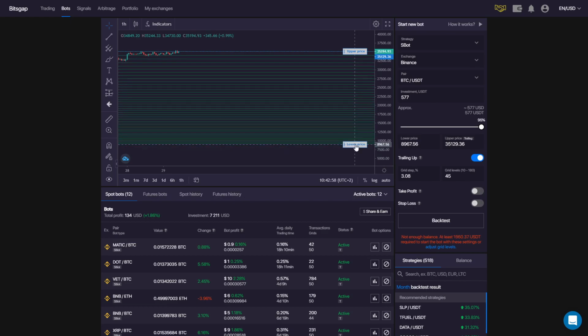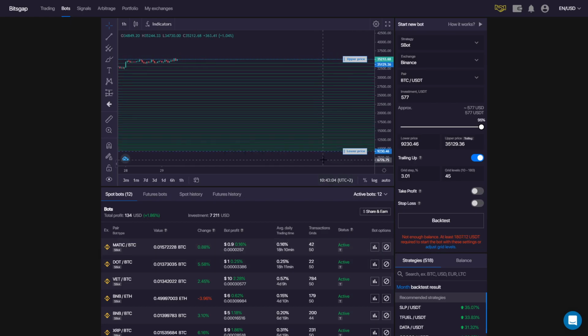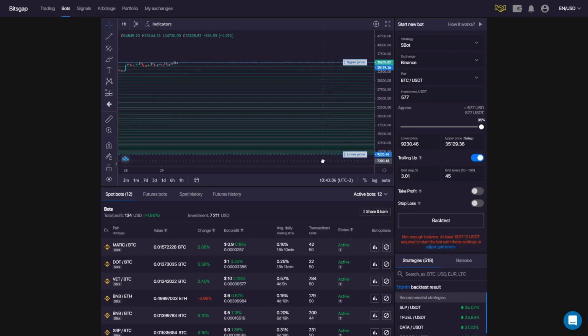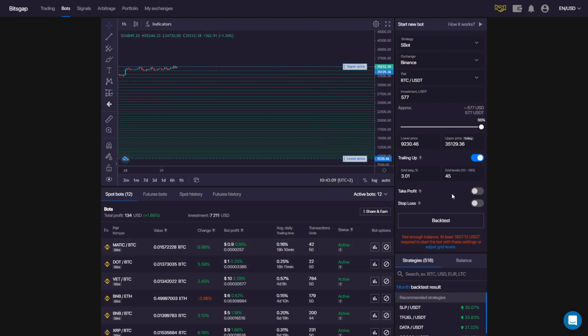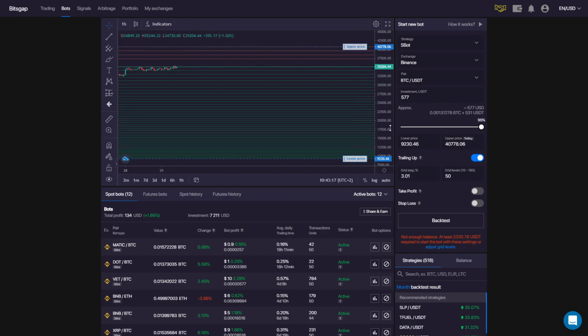The reason why I'm going so wide is if we do see a flash drop or a big market drop, the potential is there to catch it all the way, and when it moves back, it profits. After I've put in all my buy orders, I'll move my grids back to 50 and I'll add my upper lines or my sell orders. And this is how I set up my long-term trades.